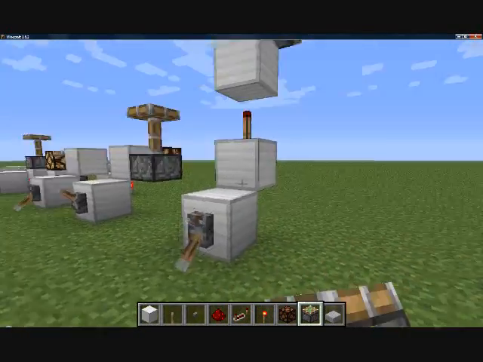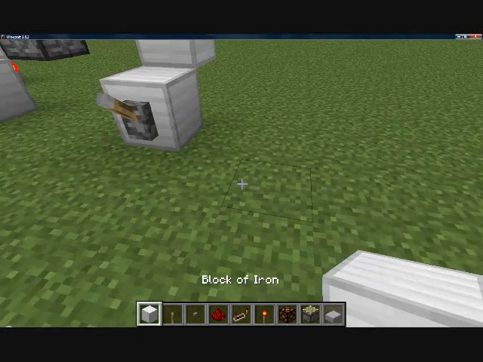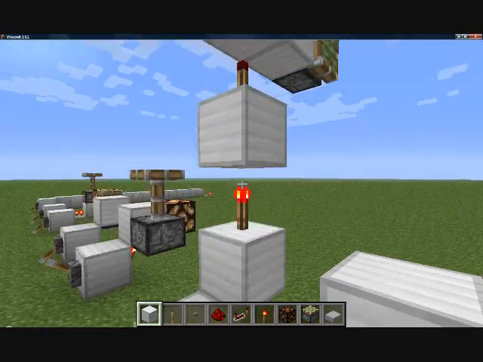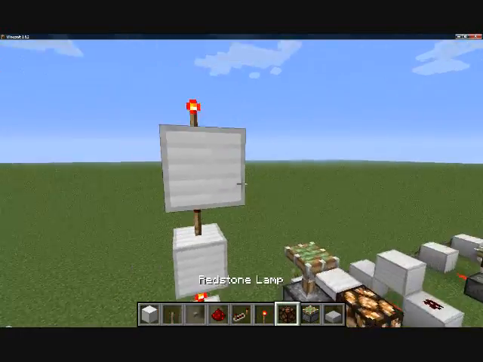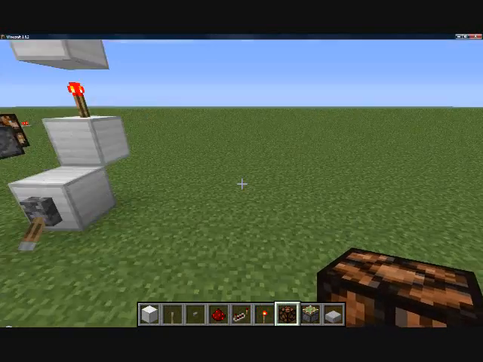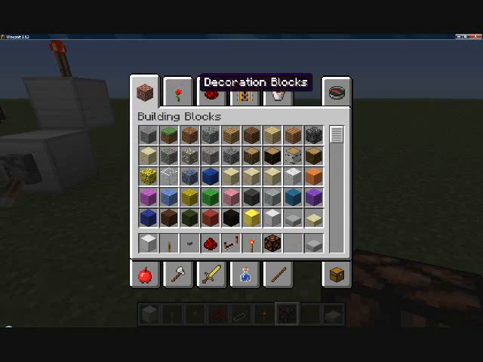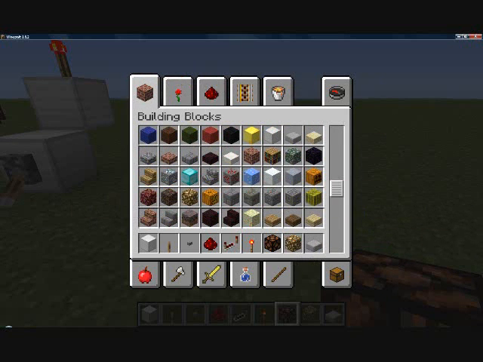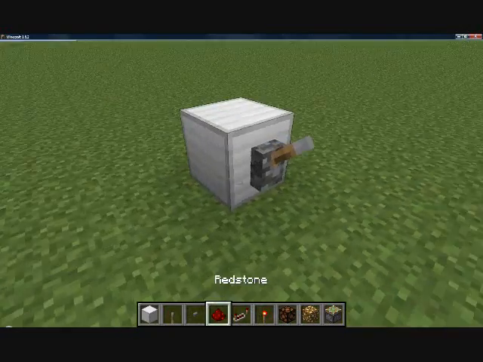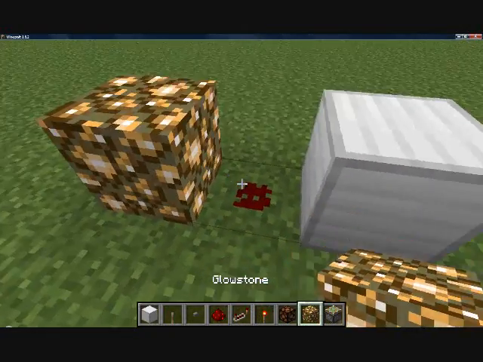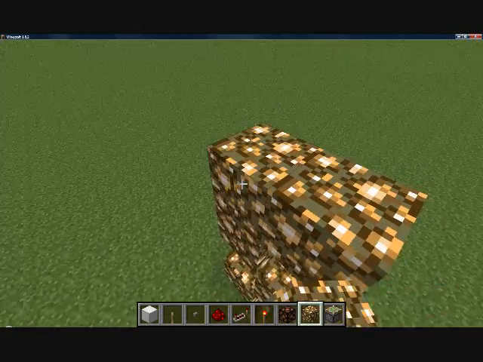But sadly, it takes one redstone tick to activate or deactivate a torch. So it takes a couple redstone ticks to be able to activate this. But if you use glowstone, it will activate anything instantly. So if you say have this,